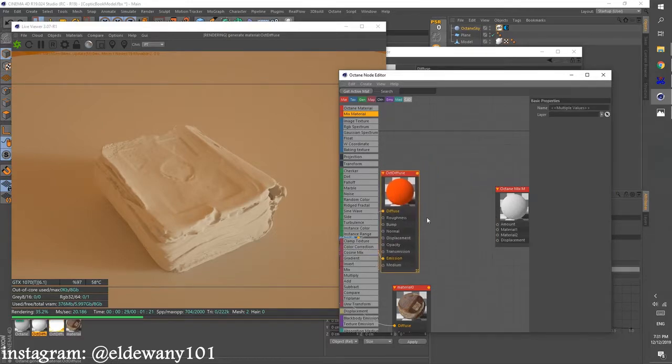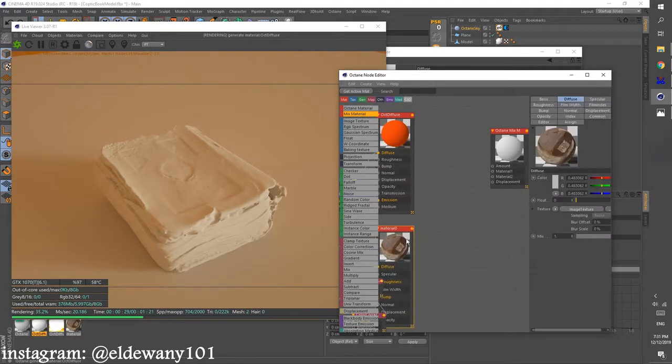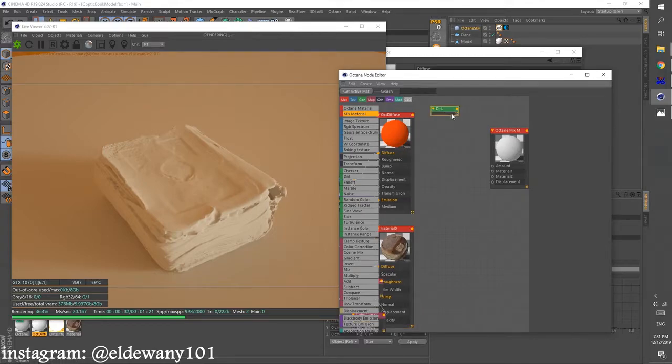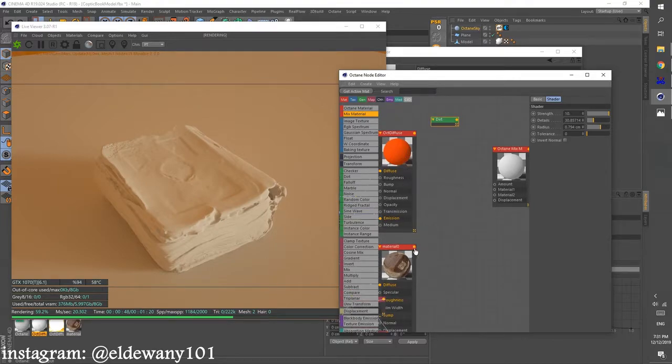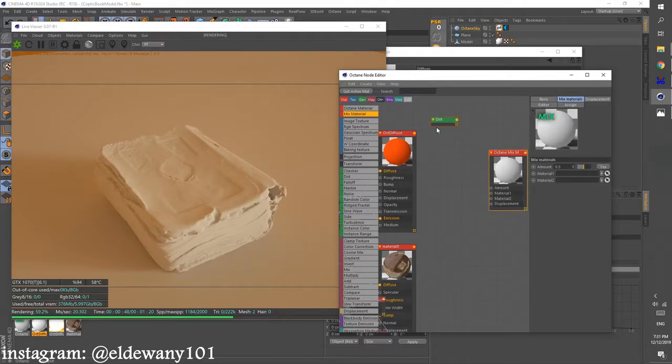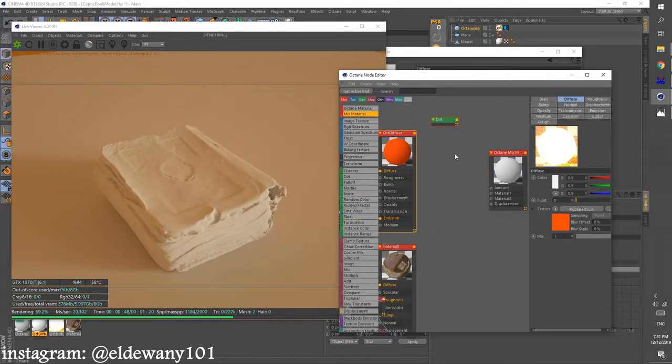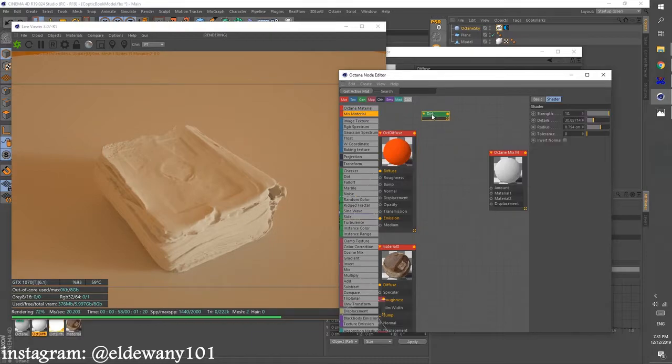Okay, and I will connect them. And this dirt node will drive which texture goes where. So the white colors are driven by the material 1 in here, and the fiery colors will be driven by the black colors. If I want to invert that, I can just connect the fire to material 1 and the book material into material 2. So I will just put this one, put this 2, and add the dirt node,